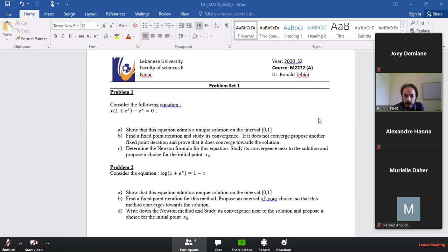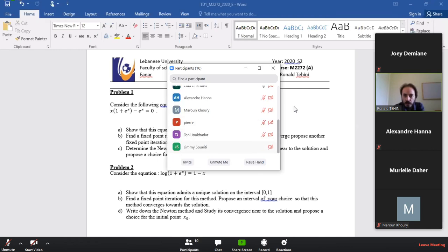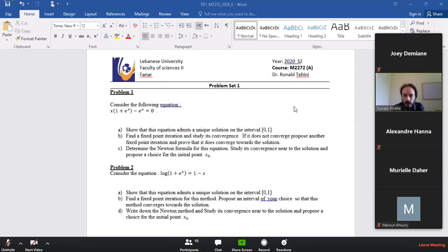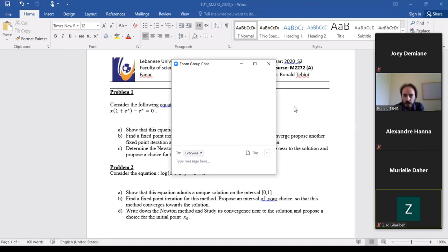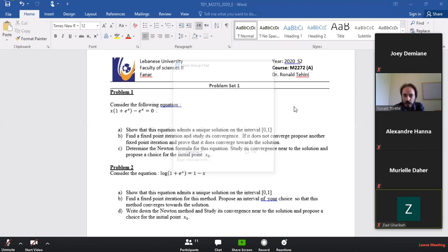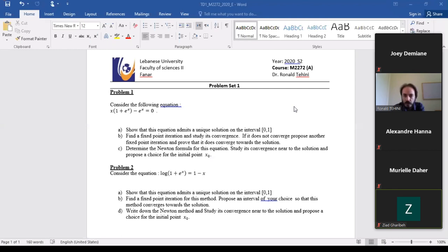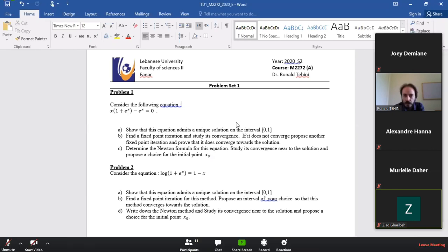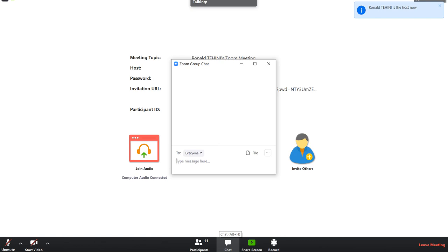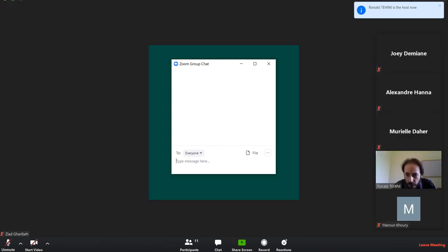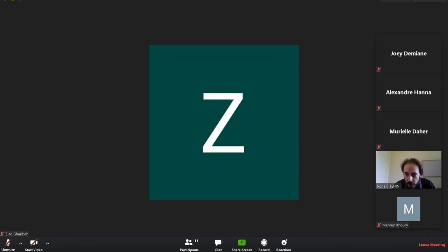Okay, so basically on 0 and on 1, to see whether we have f of